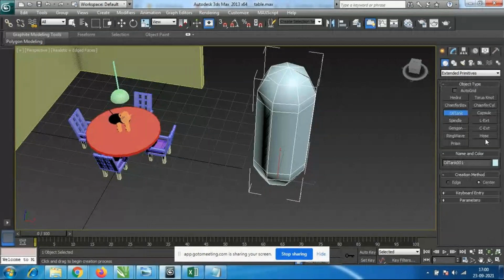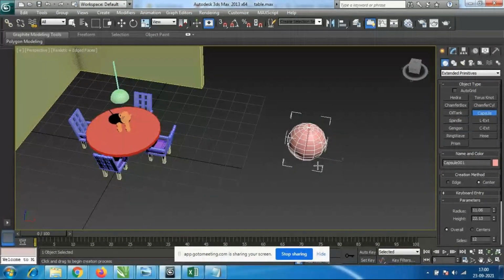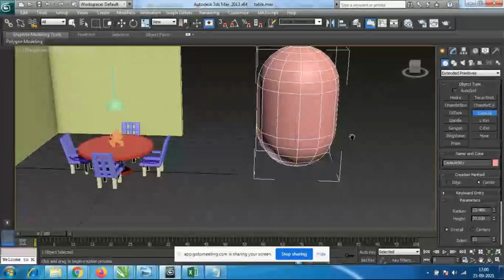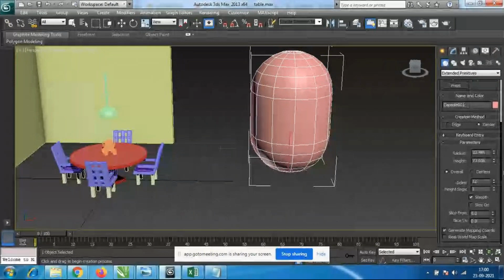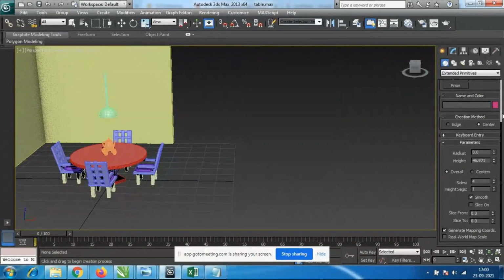So everybody check all these options. Next, capsule. Oil tank and capsule both look the same. Again here we have the radius option, height options, and the sides and all. Again the same size options are there, please check with these tools.